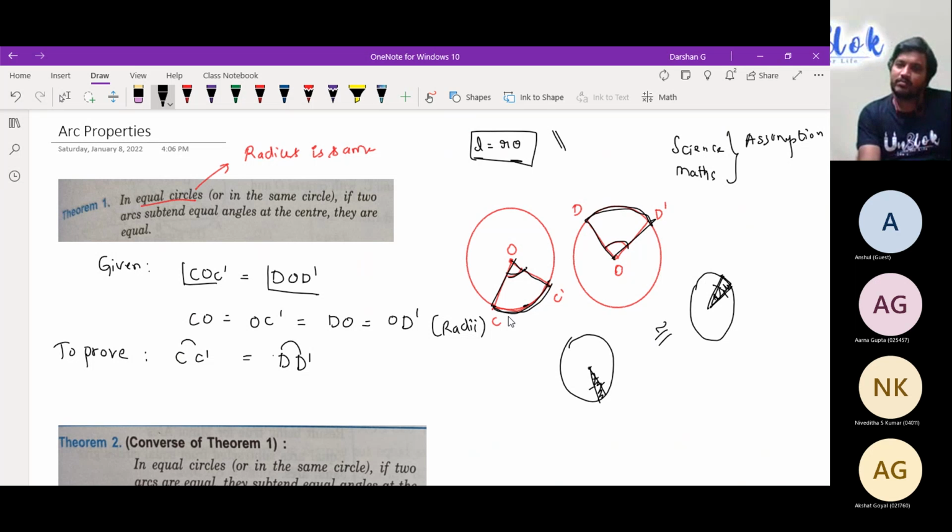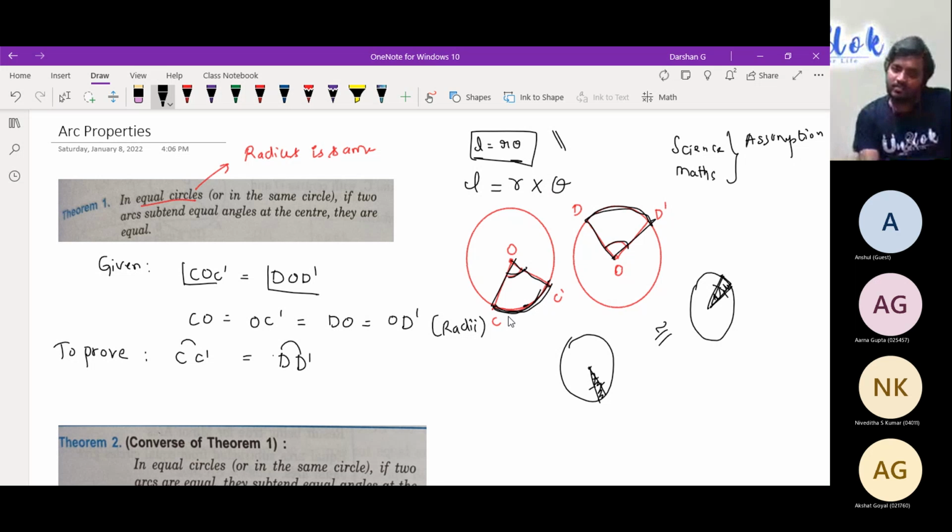But L equals R theta means radius into the angle of suspension. So L means arc length. The length of the arc is equal to the radius, which is the same in both the triangles, into theta. Theta is basically here in degrees, right? Convert into radians and multiply. No need to worry about that, you'll be studying it in 11th and 12th standard. So when we multiply for both, the theta are the same, even the radius are the same. So it is equal. That is the second way of proving.